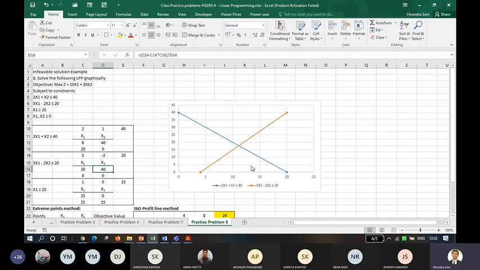Now let us look at the region that we are talking about. What is this one saying? This is talking about this region. Fine. First one. The second equation says less than or equal to 20. So that means we are talking about